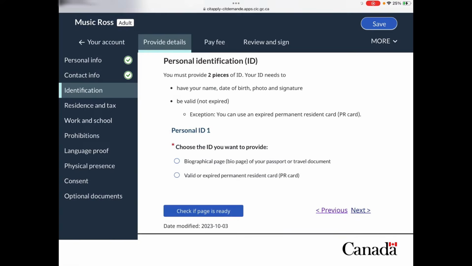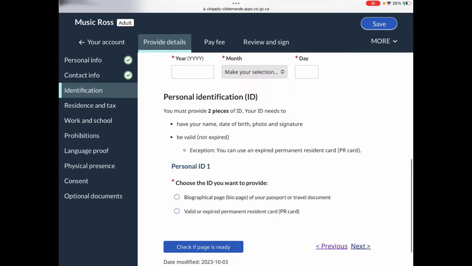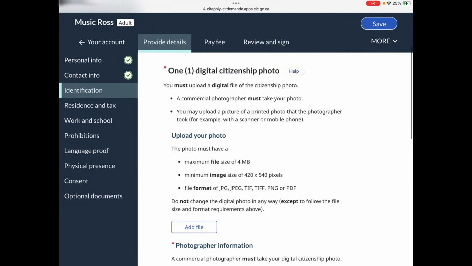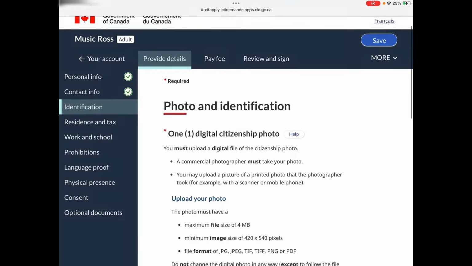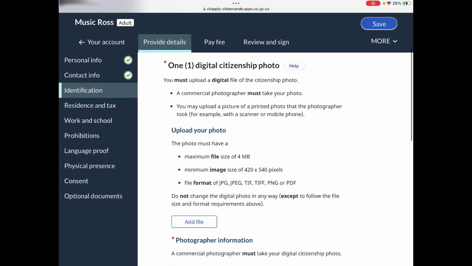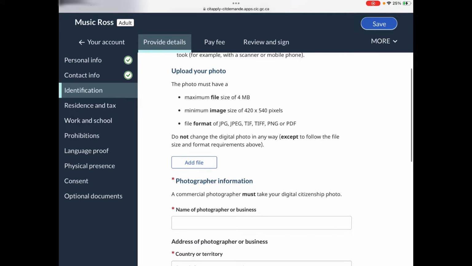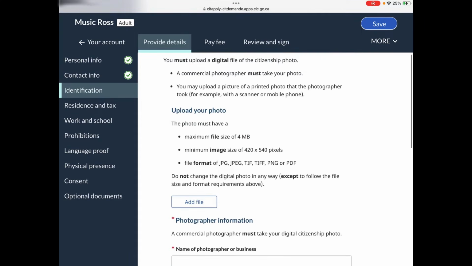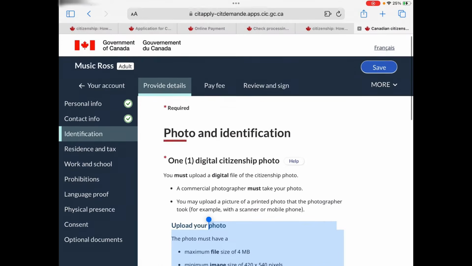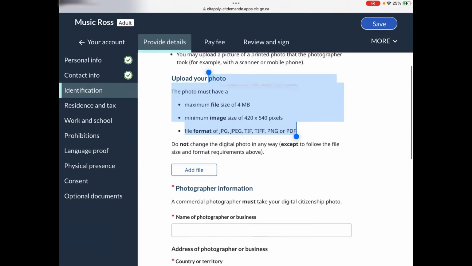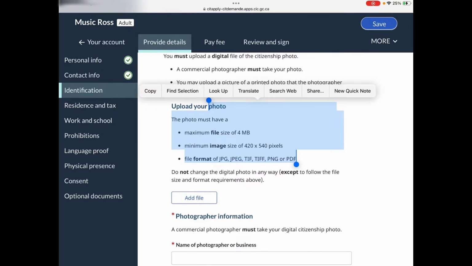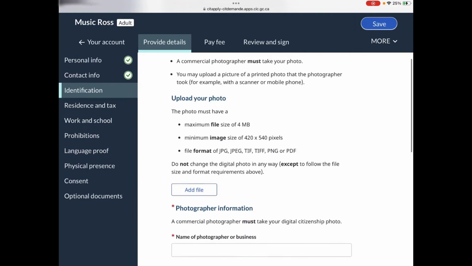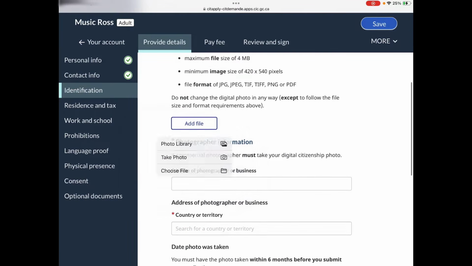So here you have to attach some documents. One of the documents will be your photo. So make sure that you already have that, and if not, make sure you go get one so that you can actually easily add it here. After you take the picture, you can just add the pictures here,